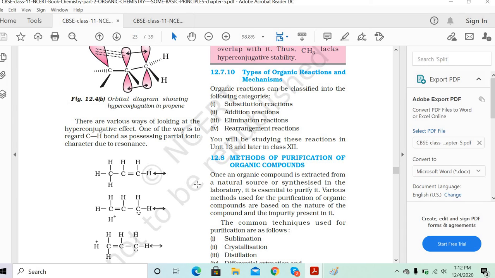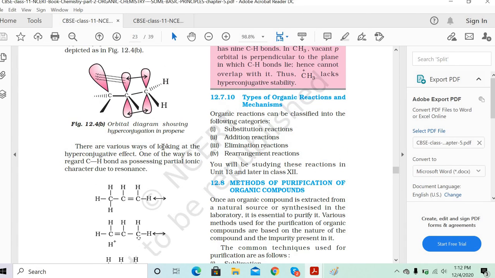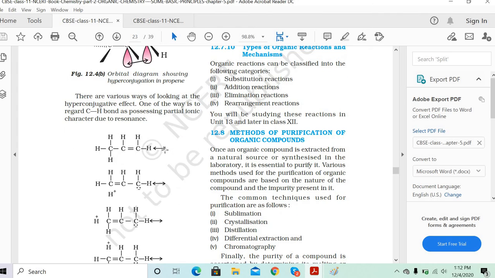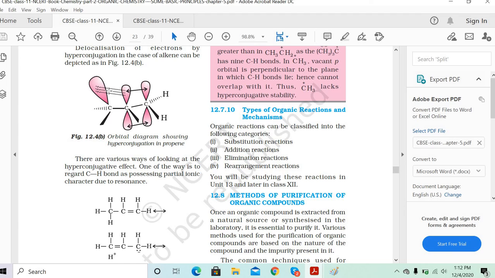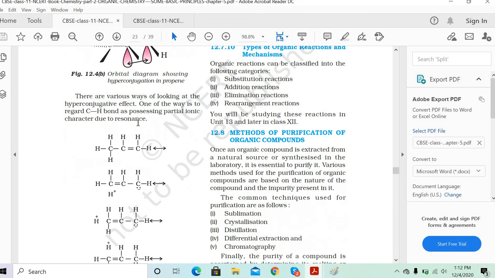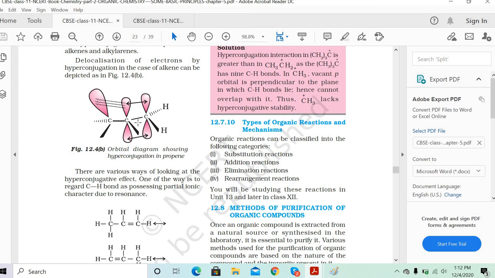Now in this case, we have the double bond. So basically, we can show that the double bond can switch. From the first carbon atom to the second carbon atom, it can go to the second to third carbon atom also, in the same way, by eliminating the H plus ions. You understood now? See, here we are just showing the p orbital between the first and second carbon atom.